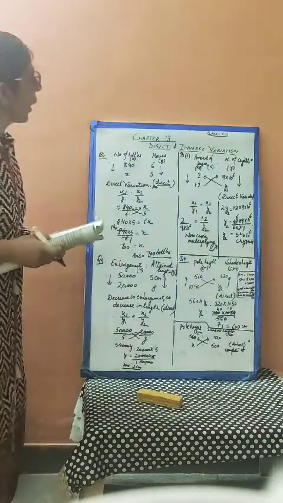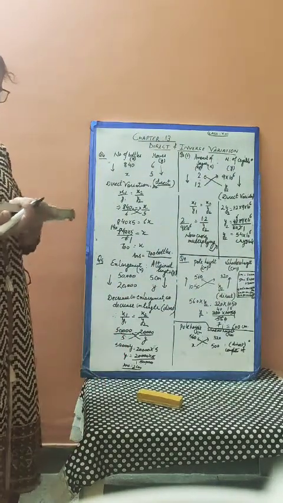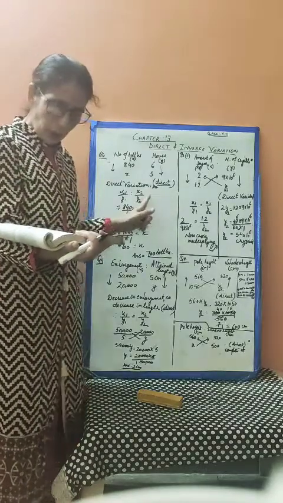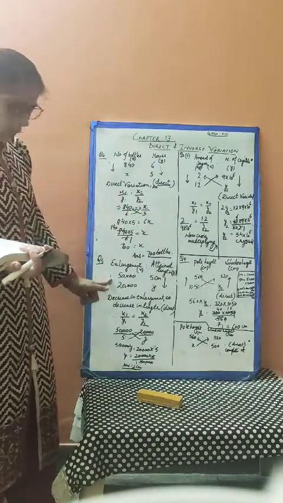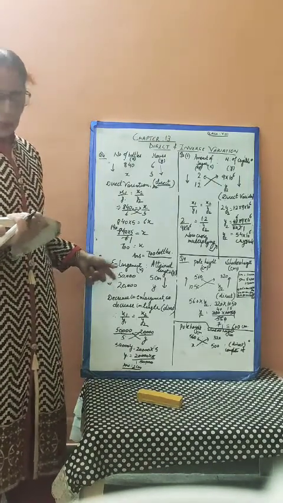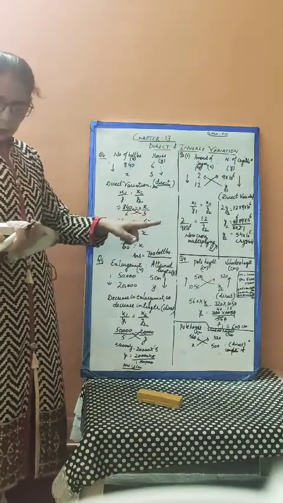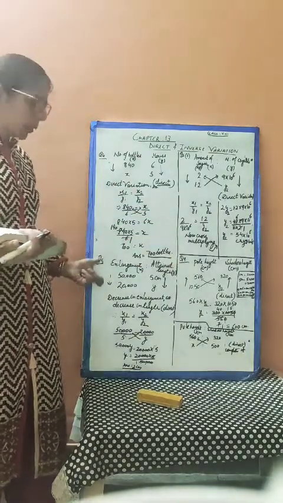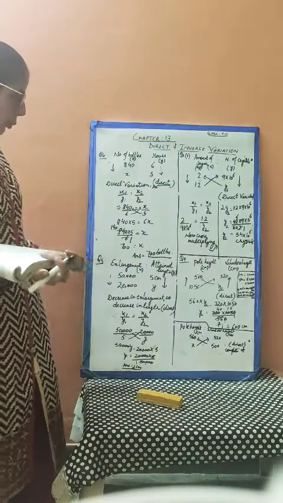The next question I have left for you. Question number 8 is exactly the same way. If 1 centimeter on the map scale corresponds to 18 kilometer, and the actual distance is 72 kilometer, what will be the map scale? You have to do it yourself.